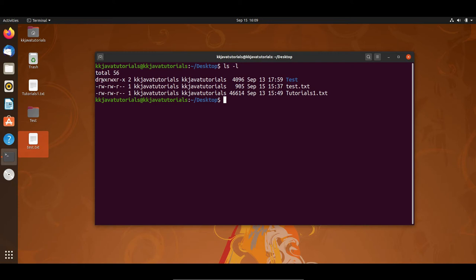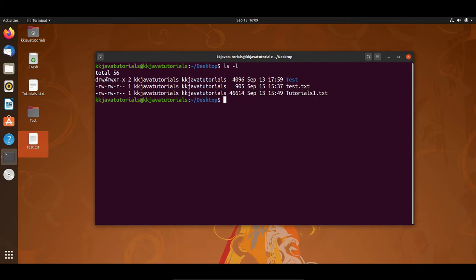Now the rest of the things, if you could see here, after the first character, whatever characters you see are all the permissions, right? So here you can see the character r stands for read permission, right? Read permission grants the capability to read, means you can view the content of the file. Then you can see w, after read we have w, stands for write, right? So this grants the capability to modify or remove the content of the file.